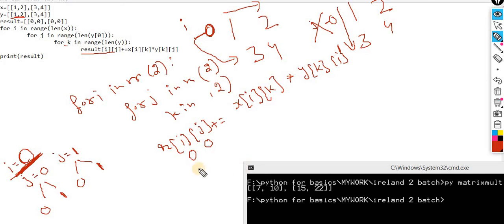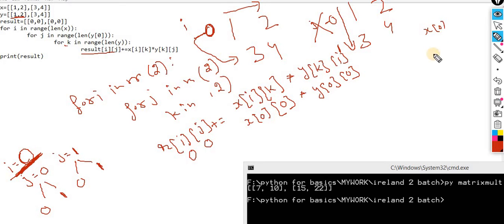So observe this scenario. I got a 0 0 index where first I have to put the result. So what is seen first? In the first iteration, the I value is 0, and the K value is again 0. Okay, multiply it. The J value is 0, the I value is 0. So we are getting the entire thing. So what do you have to pick? The 0 0 element.